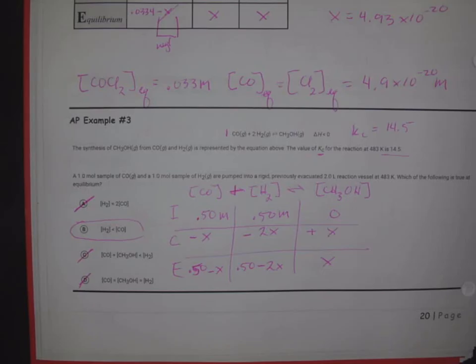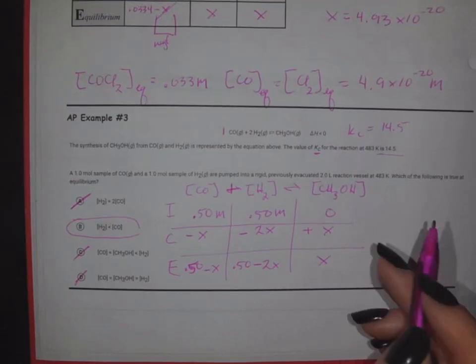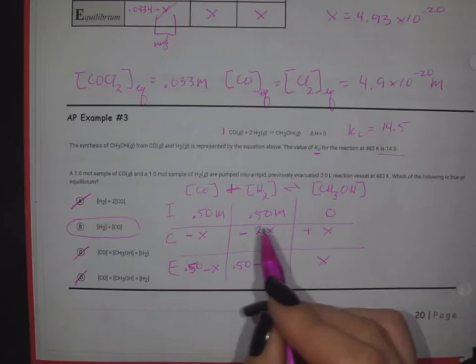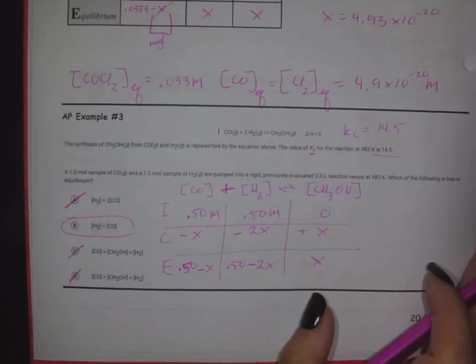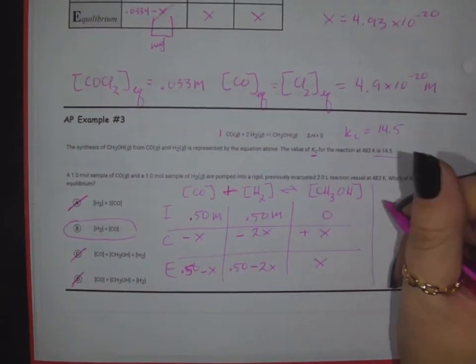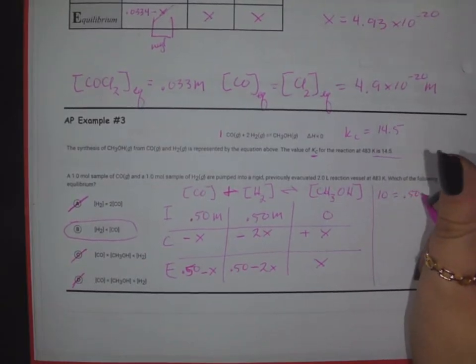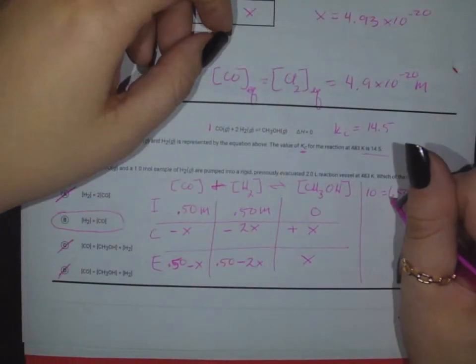All right? So let me just choose a number. I don't know if this works out well, but let's just say 10. Let's say that the question told you that when you got to equilibrium, the total pressure was, or the total concentration, because we're dealing with concentrations instead of pressure, was like 10 molarity. Okay, like if you added all of these together at the end, the concentrations all added together would equal 10. So what we're saying is 10 is equal to 0.50 minus x plus,